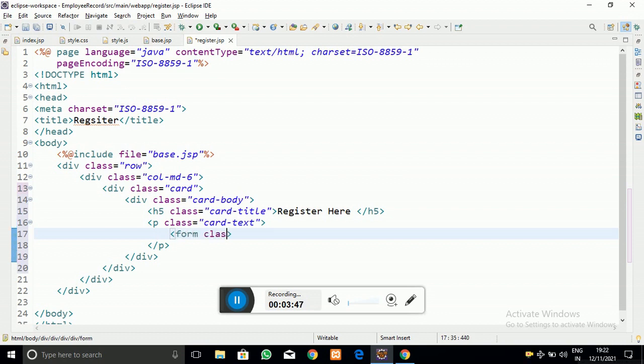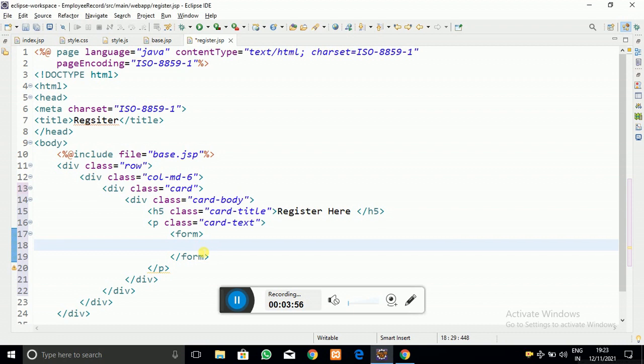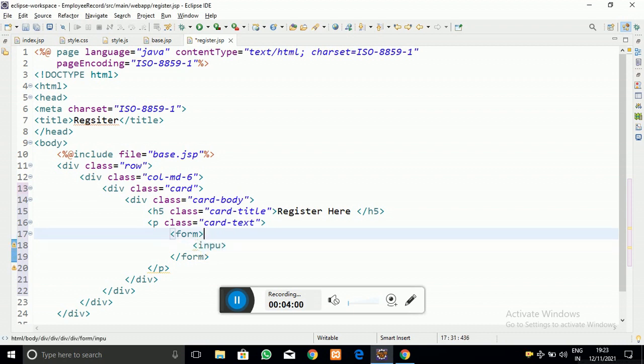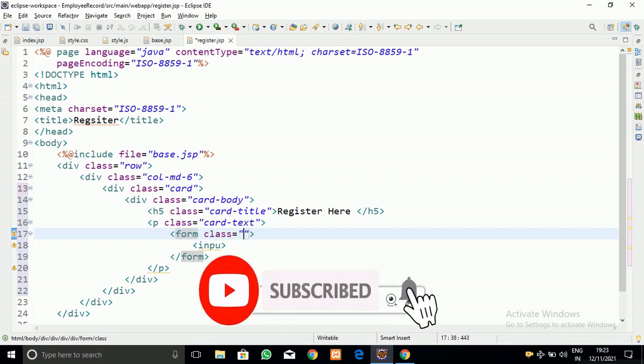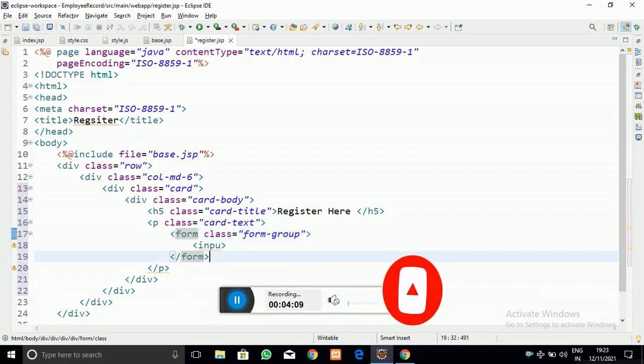To it you have to give the bootstrap class, form-group is the class.